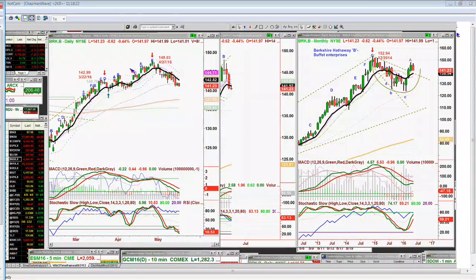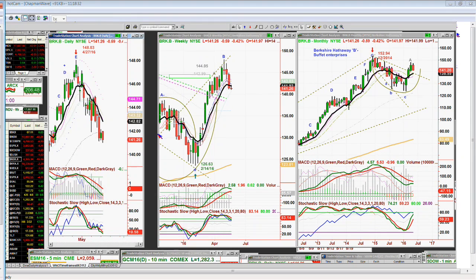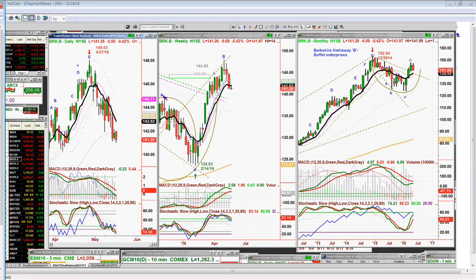Just about the Berkshire Hathaway circus tent pattern. I look at this, it looks like a staple on the side. A staple on the side very much looks like the Head and Shoulders pattern. This is Berkshire Hathaway trading at 141.23, down 59 cents, Buffett's little baby. I think it was a Massachusetts company that he initially bought that was Berkshire Hathaway. And yeah, he grew it. There's no question about it. One of the great